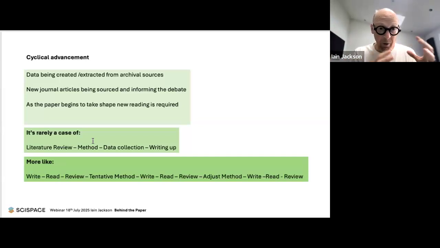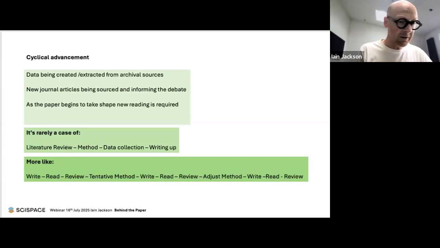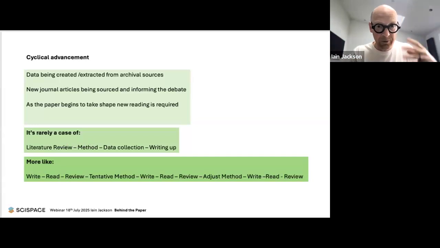And it can be difficult to know when you've gathered enough data, when you've reached that saturation point, especially when you're starting the PhD journey and you might have 200 or more papers to read. You've really got to spend that time reading to get to the bottom of all that literature. It's very difficult. We need to be writing at the same time. And then we go through this kind of